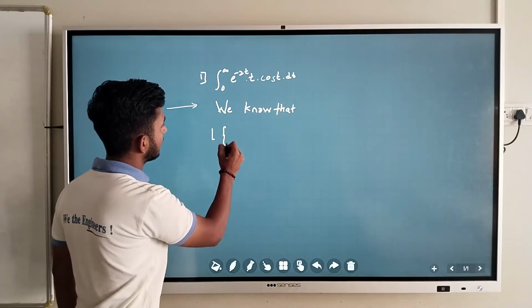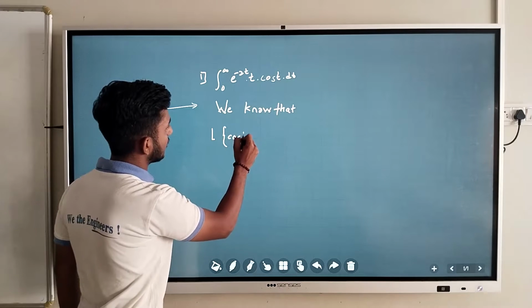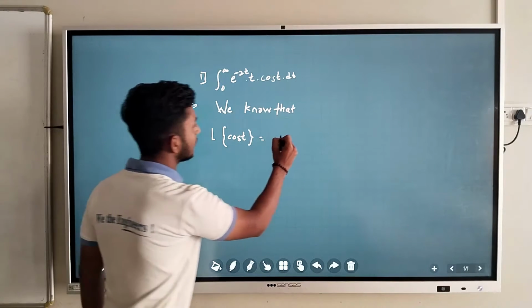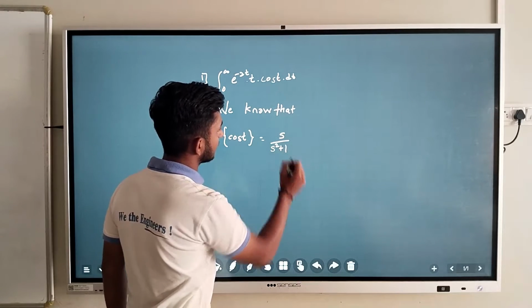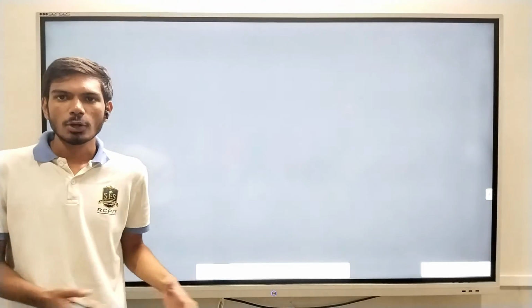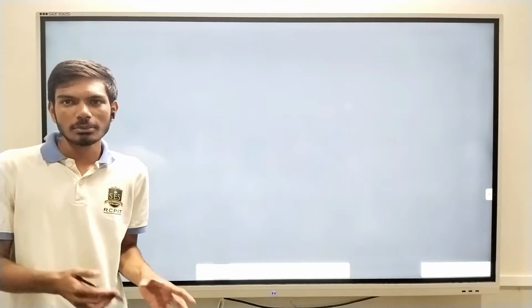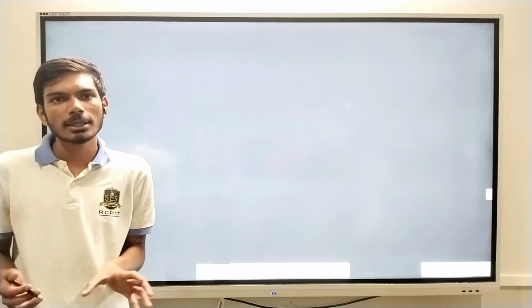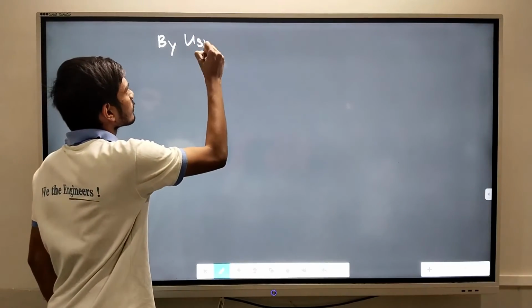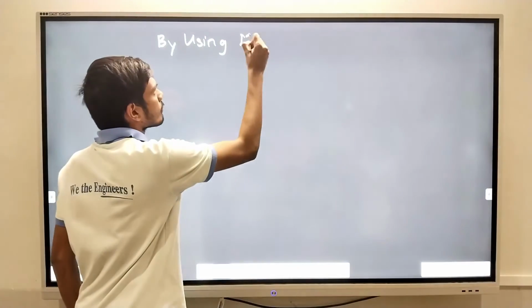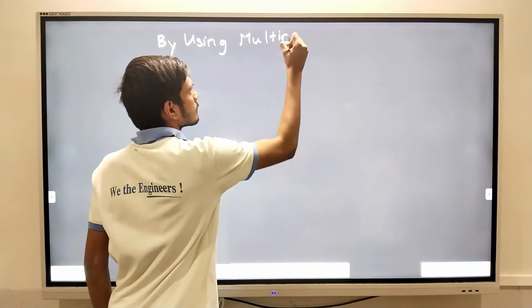Laplace transform of cos t is equal to s upon s square plus 1. Now, if you look in the example, there is a t multiplied with the cos t. So we will use multiplication by t property. So by using multiplication by t property,